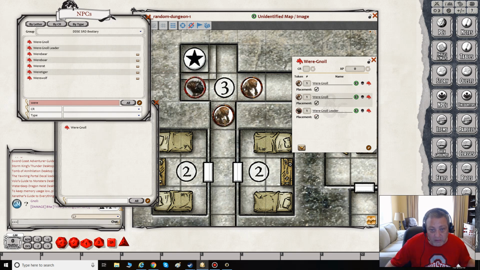Now we got two where nulls and we got a where null leader, and we created all this stuff in less than 25 minutes because I've been talking for about 25 minutes. And we got an encounter all ready to go. We've got these monsters we can use. We can go and manipulate them as many times as we want to. So same thing with player characters. I can do the same thing. I can upload if one of my players goes, can you find an image, or maybe they send you an image and say, oh, I really like this half elf ranger that I found online. But